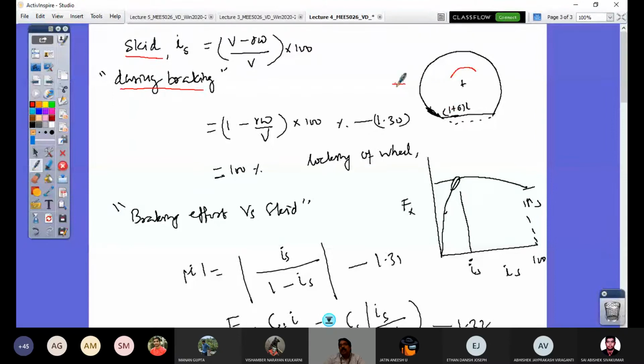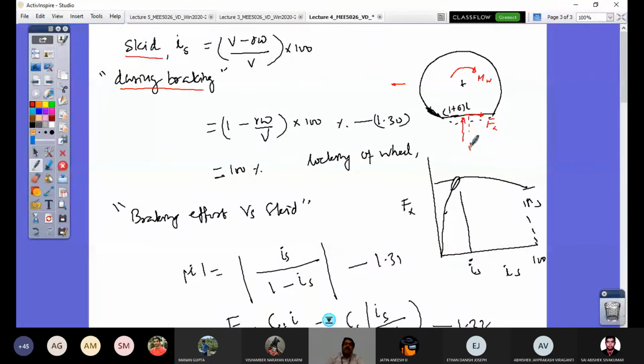So this is where braking torque is applied. You see there is a force that would be developed opposite to this, which is braking effort. And of course, you'll have this free body diagram. You'll have this normal, and the normal would always be in front of your contact patch center. This is the contact patch center. So you have this Fx.